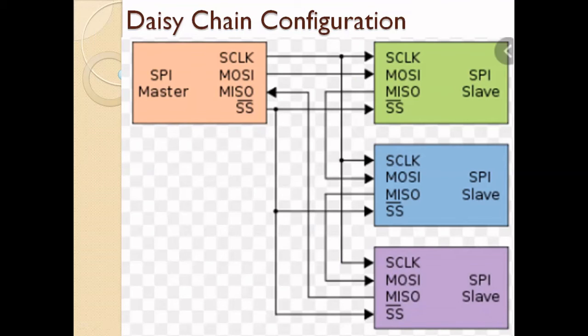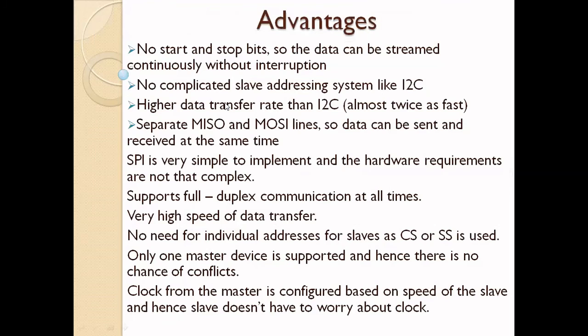It does not belong to slave 1, so it will send it on to slave 2. Slave 2 will receive the data and check whether this data belongs to it or not. If yes, it will receive the data. Otherwise, it will transmit to slave 3. So here the speed is less, but the master requires fewer pins.